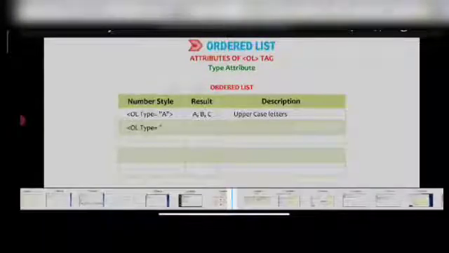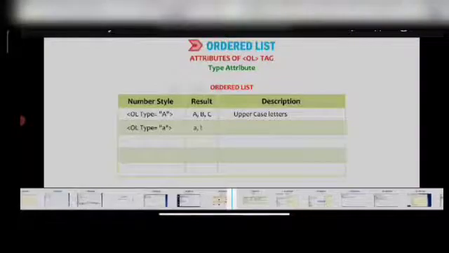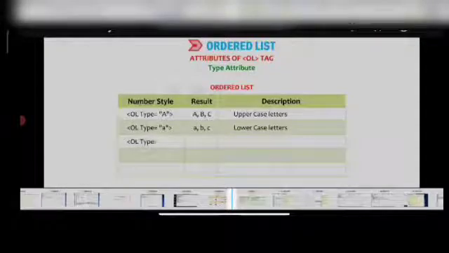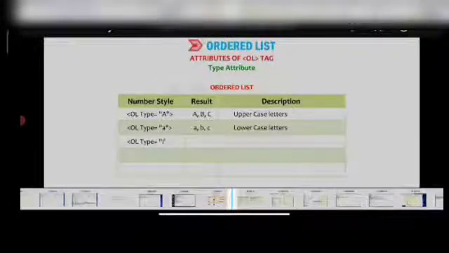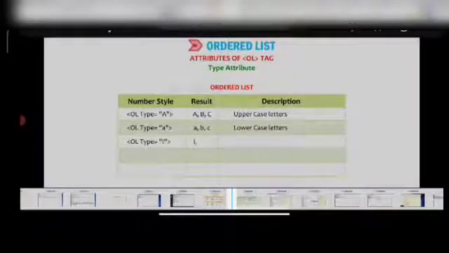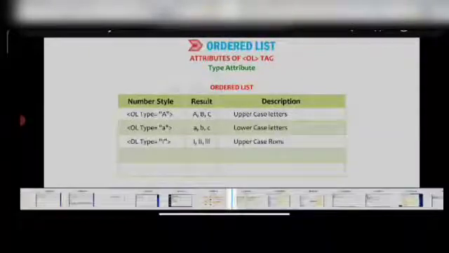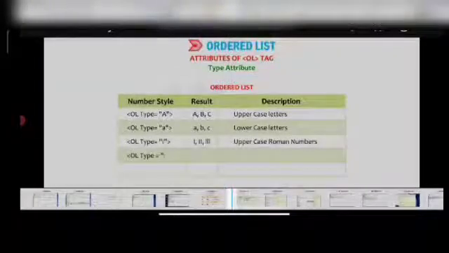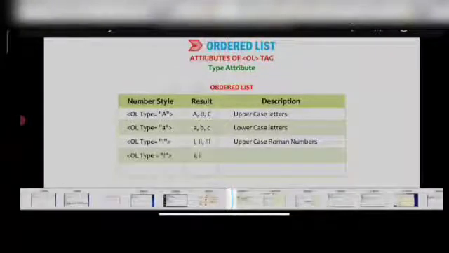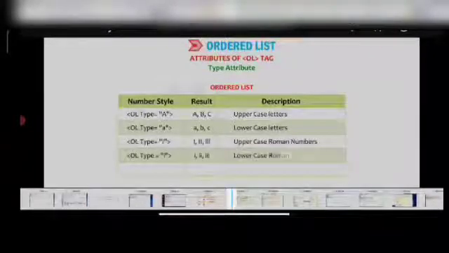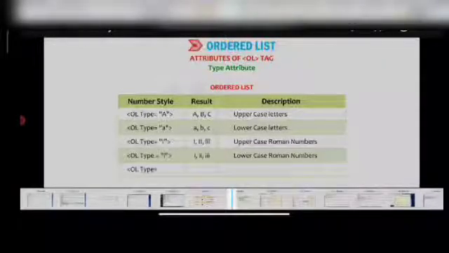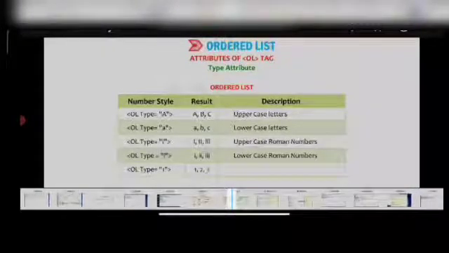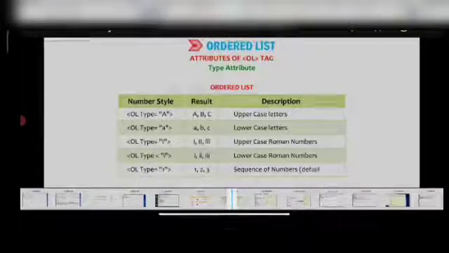OL type equal to small a, b, c, lowercase letters. OL type equal to capital I, I, II, III, uppercase Roman numbers. OL type equal to small i, i, ii, iii, lowercase Roman numbers. OL type 1, 1, 2, 3, sequence of numbers, default.